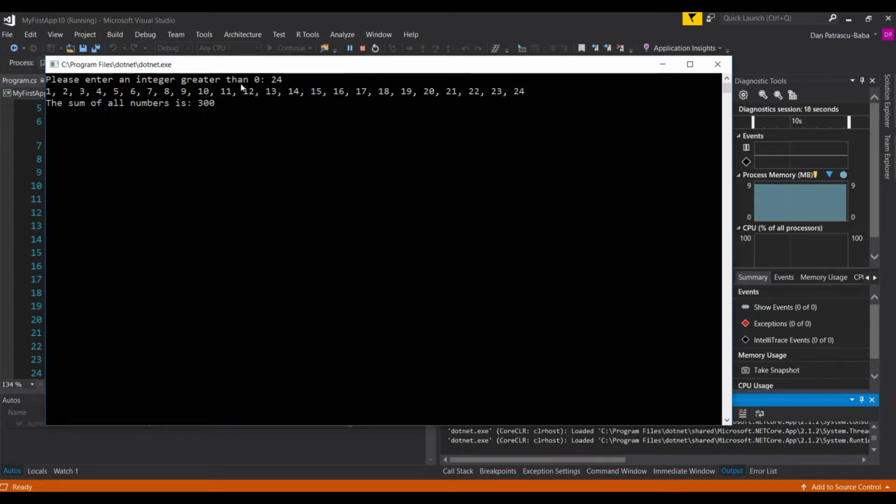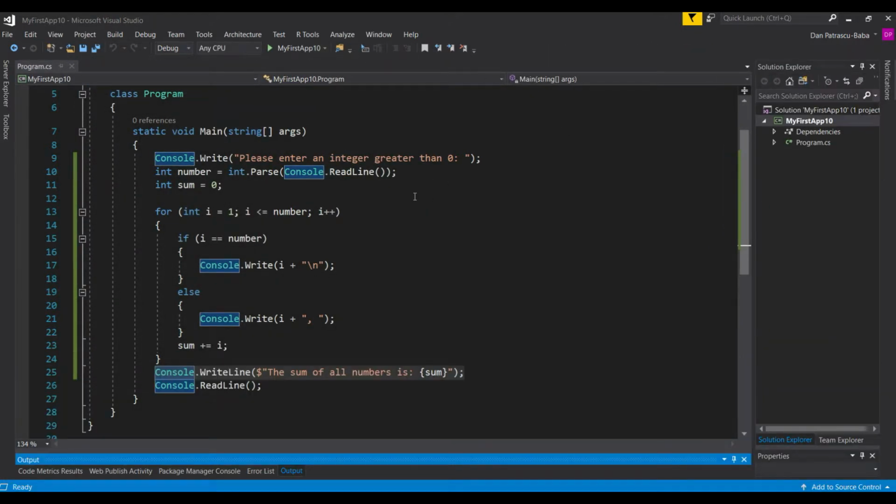We display this message, the user needs to input a number, then we will display all the numbers from 1 till the number that the user provided, and afterwards we also display the sum of all numbers. So this program is right now completed. You can save it somewhere if you want, so that you can take a look at this program at a later time. Now let's get back to the second exercise that we want to go through,